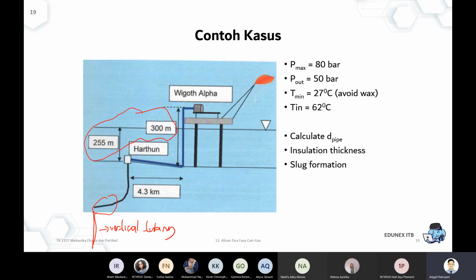So this is the kind of example that we will get some multi-phase flow problem, because as you probably aware, when we produce oil, there will be associated gas coming from the well. So that will be oil plus associated gas. So that means it must be a multi-phase flow. So within this pipeline, there will be some slugging, there will be some turbulence that will happen if the pipe is not sized properly.